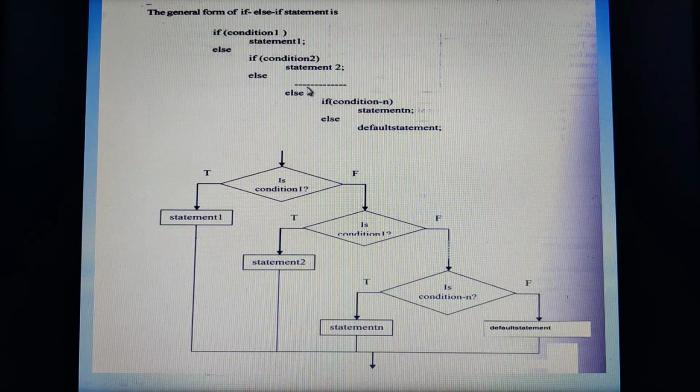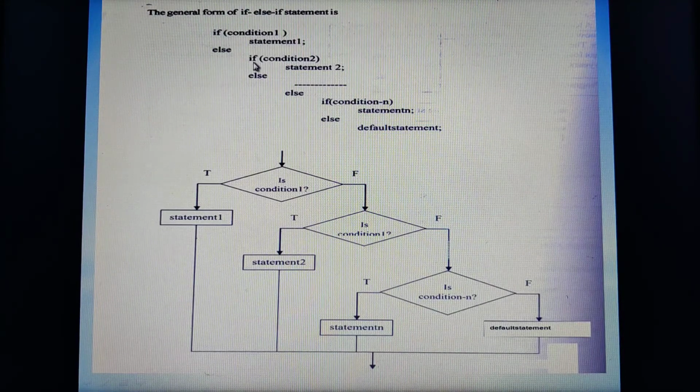So how will this if else be written? As per this general syntax, instead of if, usually we represent it in the form of a flowchart as an if condition. If the condition is true, which statement is executed? Remember, always the statement given soon after the if condition is considered the true part of that particular condition. Understood? So if condition 1 is true, then statement 1 is executed. What happens in the false part? The false part means definitely the else part of the statement will be executed.